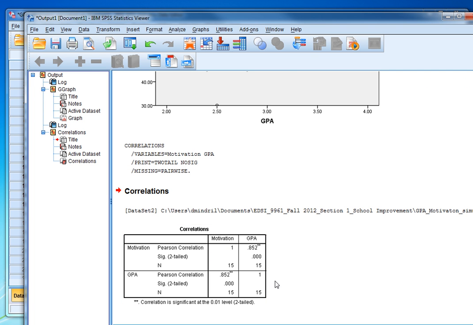In this output window, we have the Pearson correlation between motivation and GPA. This is a matrix, so the correlation coefficient is listed twice. In the second row, we have the correlation between GPA and motivation, which is exactly the same. And on the diagonal, we have the correlation between motivation and motivation, which is obviously 1, and GPA, which is